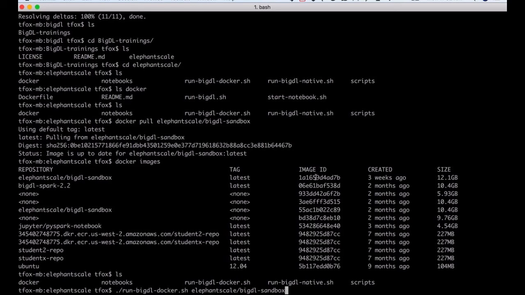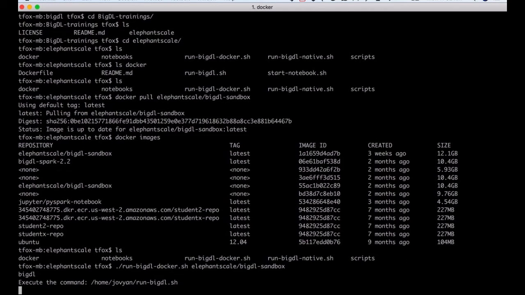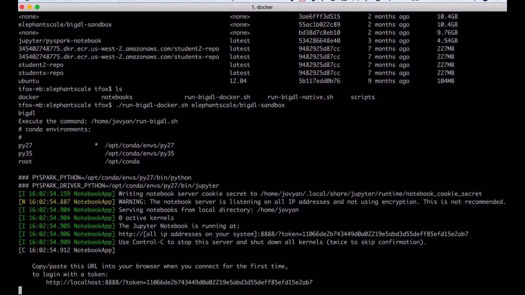I could have also put the image ID here if I wanted to, but the name is fine. Now if I go ahead and run this, it's going to run Docker along with that container that I want to run, and that's going to have BigDL, Spark, Python, and everything else I need to run. So notice it's going to run a script, and it's going to immediately start up